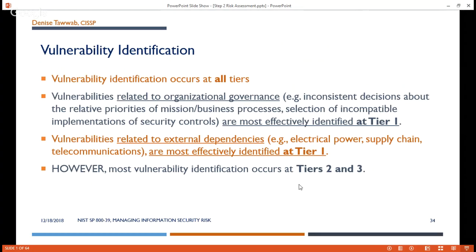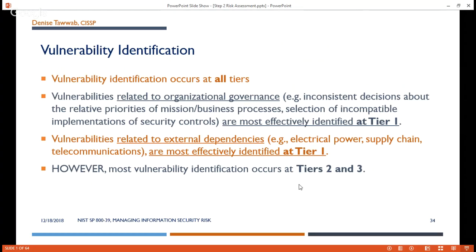again, is the organization level. And from that level, we're not just looking at the organization, we're also looking outside at the environment the business or the organization is operating in. And we're looking at vulnerabilities and threats that are coming to the organization from outside. However, most of the vulnerability identification is going to occur at tiers 2 and 3. So if it's related to governance or external dependencies, then that's probably going to happen at tier 1. But most of your vulnerability identification is going to occur at the business mission level or at the system level,